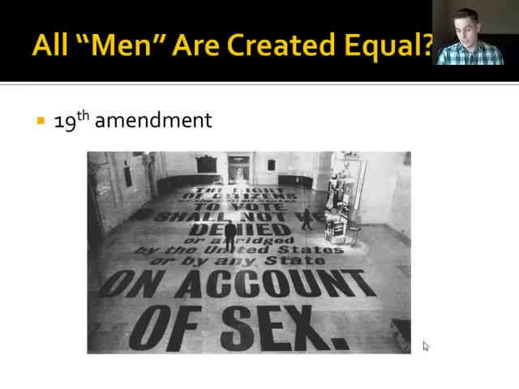The 19th Amendment. The Constitution has always said that all men are created equal, and literally speaking, that meant that women don't get those votes, and they're not considered equal citizens until the passage of the 19th Amendment in 1920. After decades of fighting for the right to vote, women finally would get granted the right to vote. The 19th Amendment was passed.